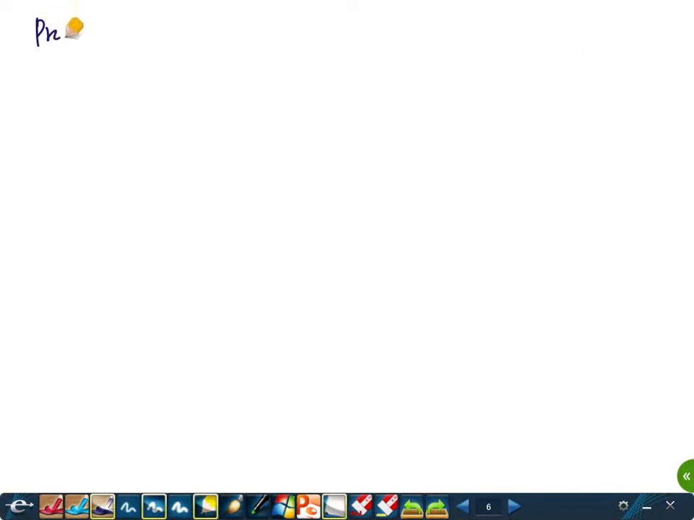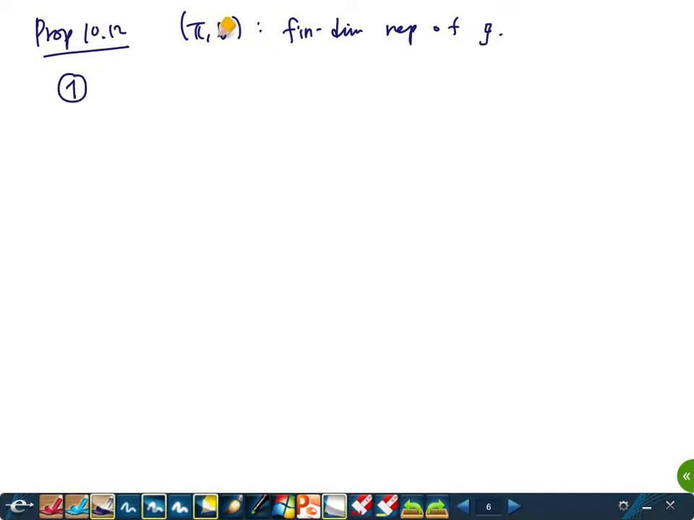The proposition: suppose that we have a finite dimensional representation of G. Then first, we can compute the dimension if you know the character. The dimension of V is the character evaluated at the zero element. And second,